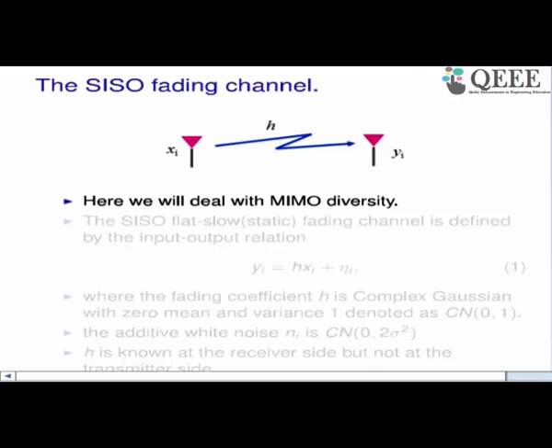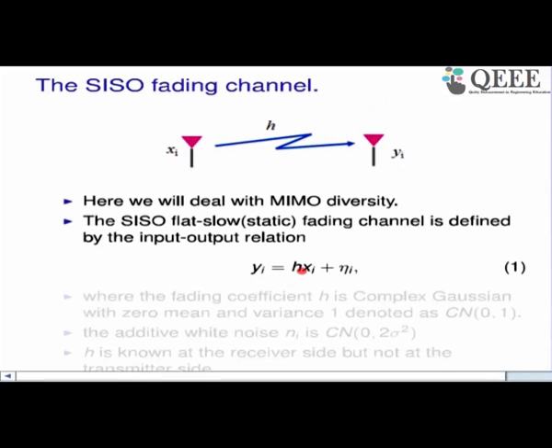So the output received signal here is Yi = Xi + eta. This channel is flat, that means all components of the signal receive the same attenuation H. So that's why there is only one tap. Second, it is slow fading, so that is the entire symbol will always see one fade. Okay, so this is the input-output relation for the SISO flat slow fading channel,